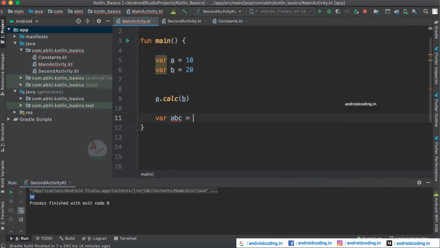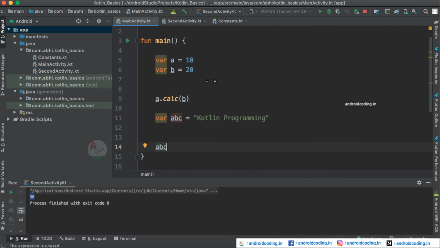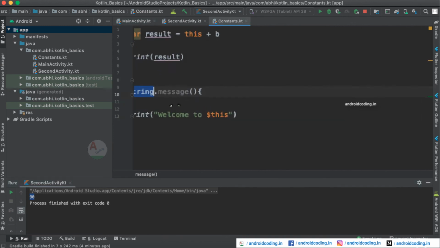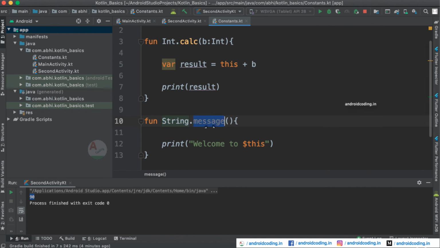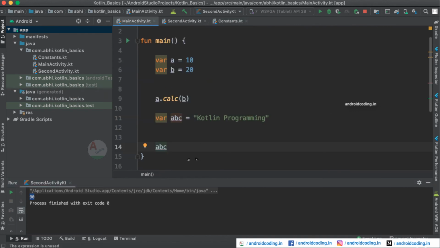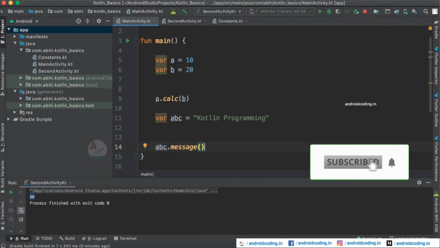Variable abc equal to, we are going to declare Kotlin programming, and we are going to call the function which we have declared in constants. Here we have declared a function, right, message. We are going to call this particular method here, abc dot message.